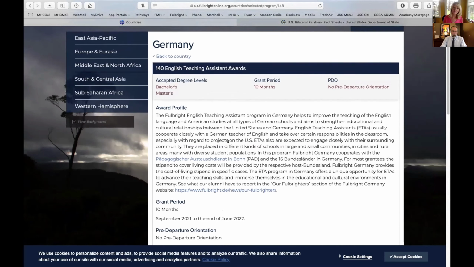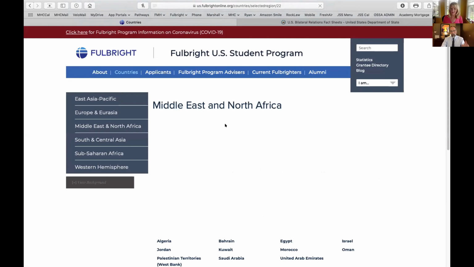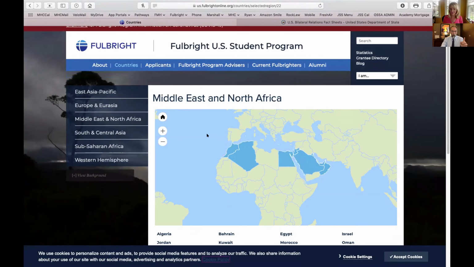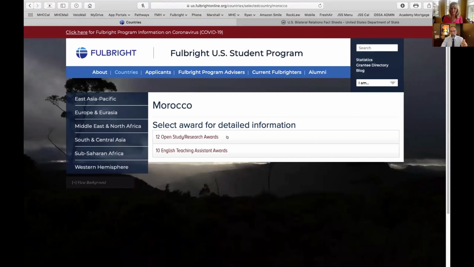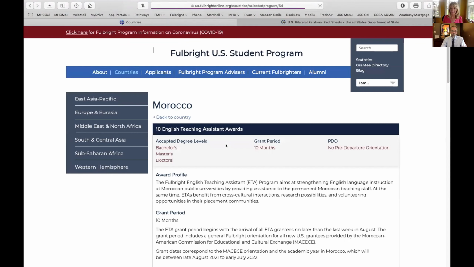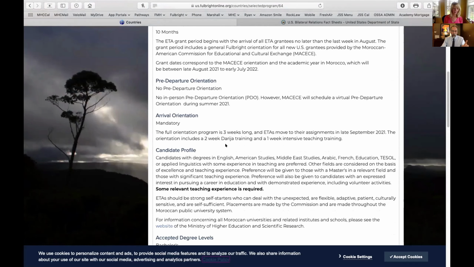And then finally, one more country we want to draw your attention to in the Middle East and North Africa, a country in which French language proficiency and familiarity could help you, but also some understanding and knowledge of Arabic, is Morocco. So many students at both of our colleges have interests in French and Arabic, or speak French or Arabic. But here in Morocco, something that's really important is to recognize the culture under the cultural exchange piece of the Fulbright US student program. So here in Morocco, they actually call it out.